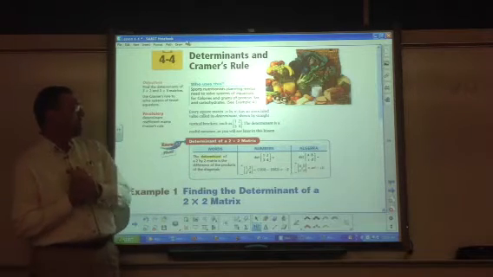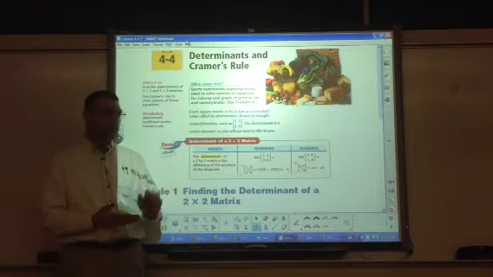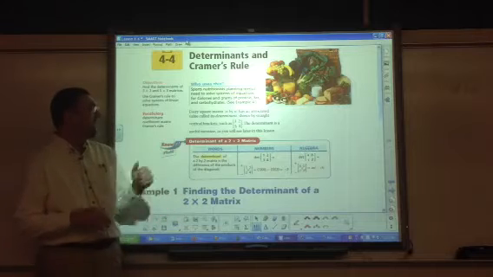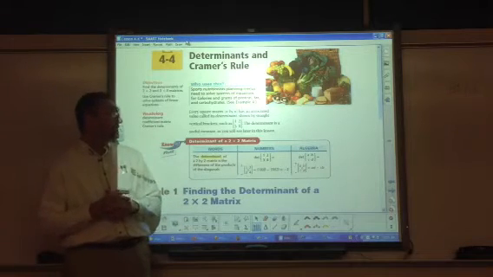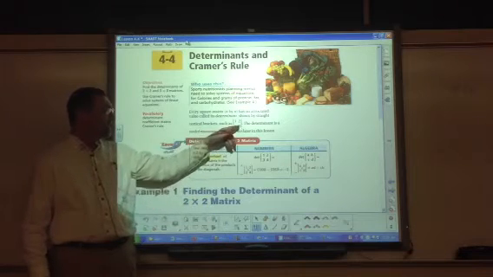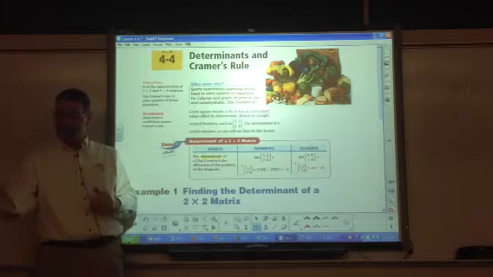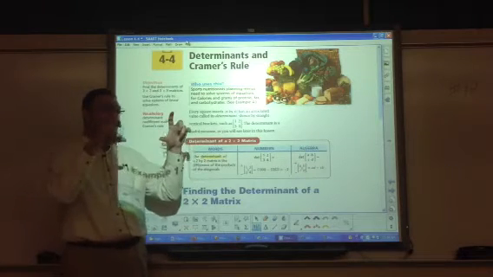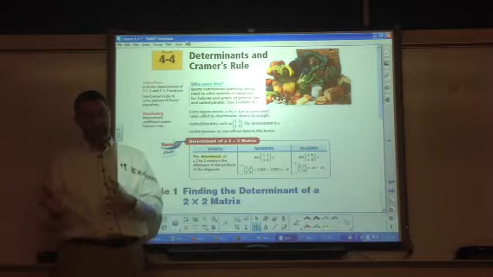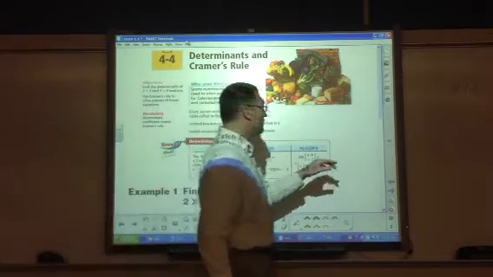Every square matrix, okay, there's square matrices, either 2 by 2, 3 by 3, 4 by 4. Every square matrix has an associated value called its determinant. And the determinant is shown by straight line brackets. So what does that look like then? Absolute value. Instead of putting brackets, you're going to have just a straight line, so it's going to look like absolute value. It doesn't mean absolute value, but it kind of looks like it. So the determinant